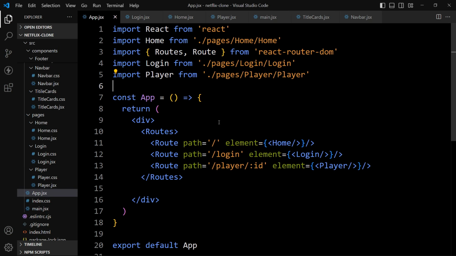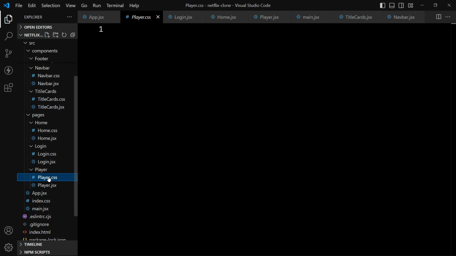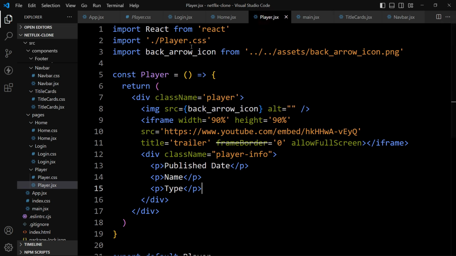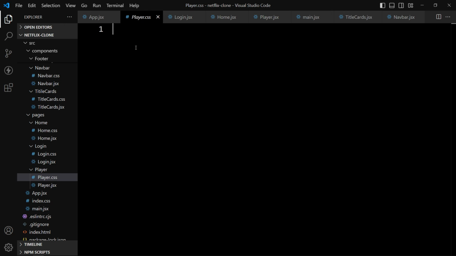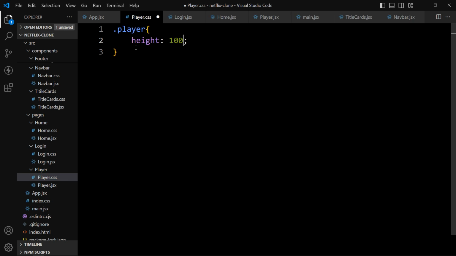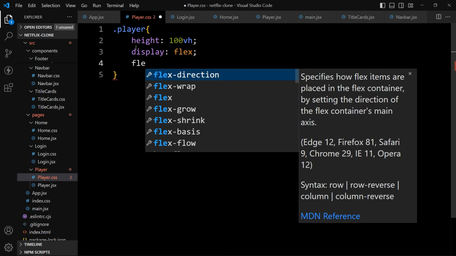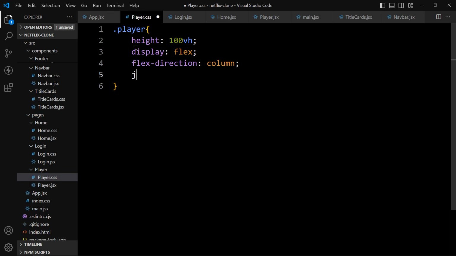So let's come back and we will open the player.css file. So in this player.css file, we will add the CSS properties for this class name which is player. Just copy this one, add it here. So in this one, let's add height, it will be 100vh. Then we'll add display flex. Then flex-direction will be column and we'll add justify-content center.